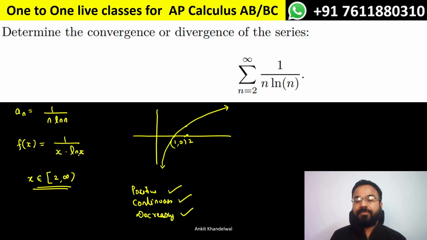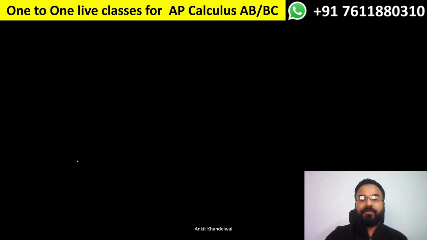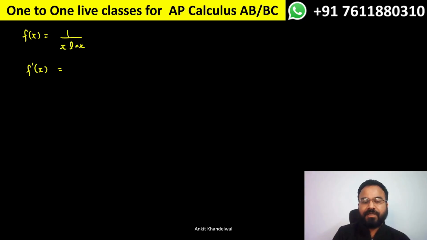Sometimes you can take the help of the derivative also. With the help of the derivative you can check whether the function is increasing or decreasing. Just like if I want to check for this function, f(x) is 1 upon x ln x. Suppose you are not getting it directly, so you can do the derivative. Let's say I'm applying the chain rule over here. So the differentiation of 1 upon something is minus 1 by x times ln x whole square,